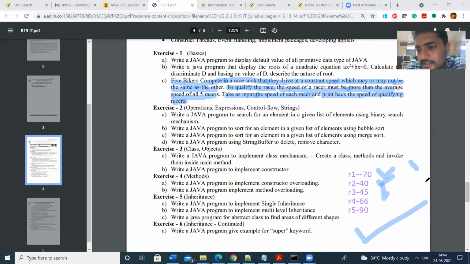Then we have to print which racers are qualified for the final round. Here the condition is each racer's speed must be greater than the average speed. Then the racer will qualify for the final round. So this is the description of the problem. Let us find the solution for it.